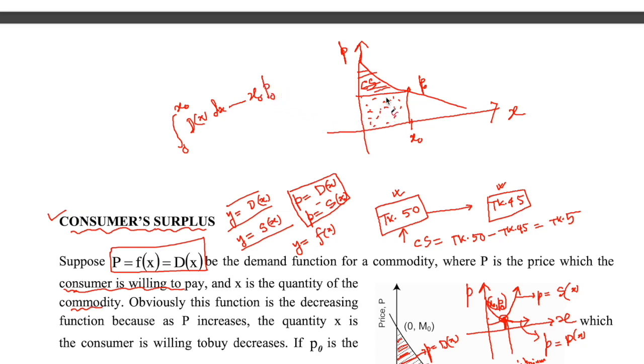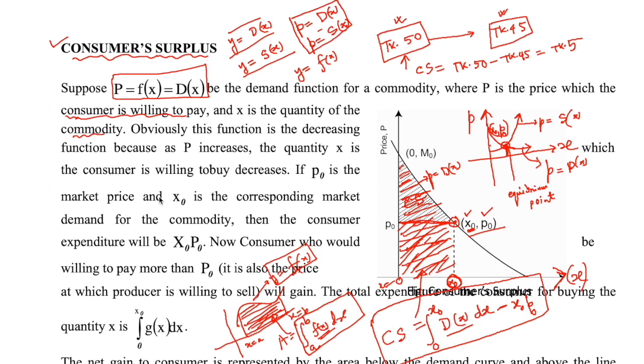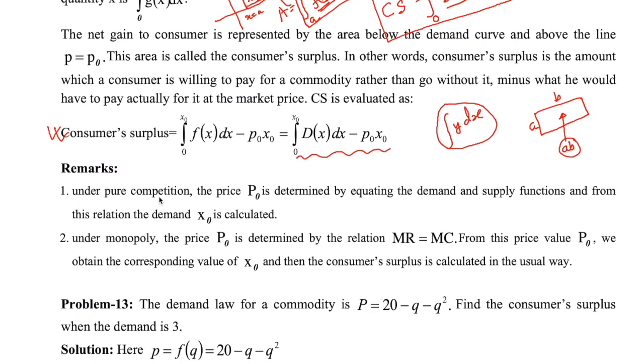If you subtract this dotted part from the whole part, you will get consumer surplus. Does it make sense? Yes, sir. আচ্ছা, ভেরি গুড।